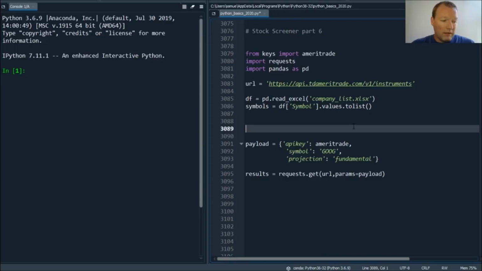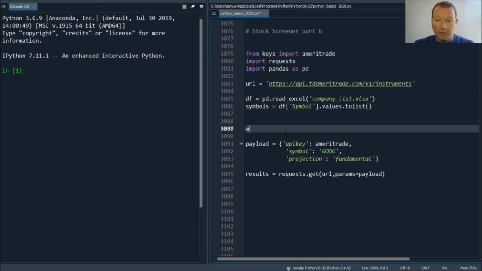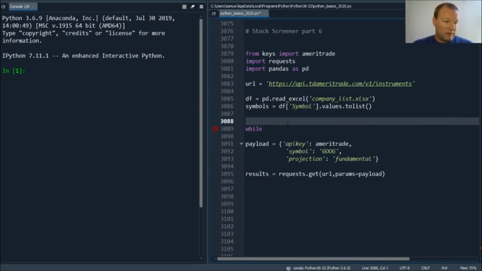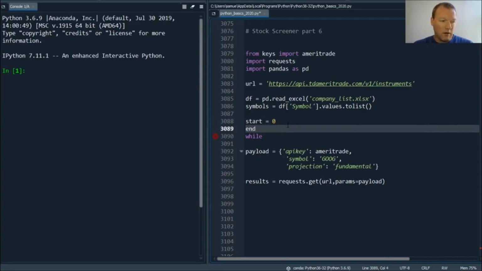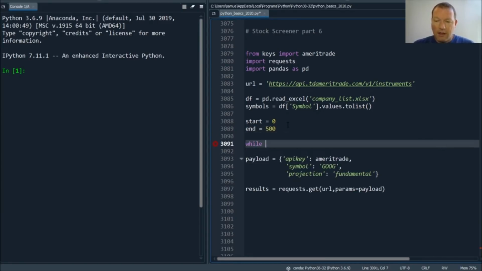So now we need to do this in a loop, and we've done this loop before. So we need our starting point equals 0, our end equals 500. Now, there was also a flaw in the way in which I did this. We could do this one more time outside the loop and print, but we're going to use this while start